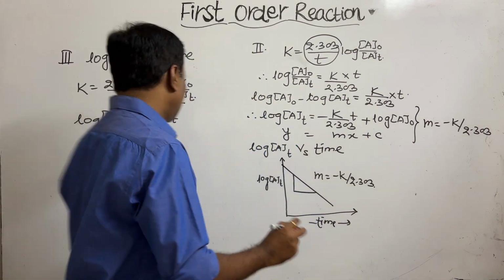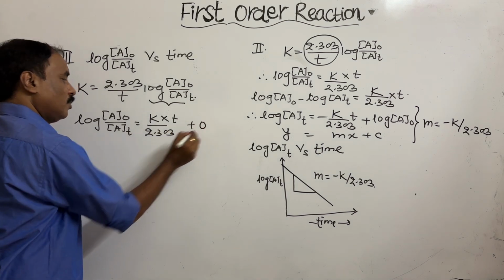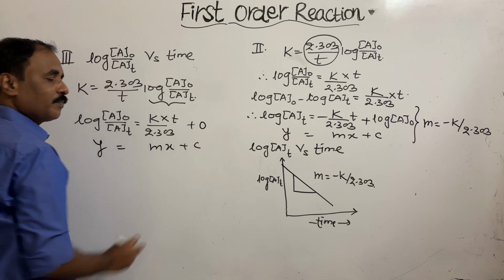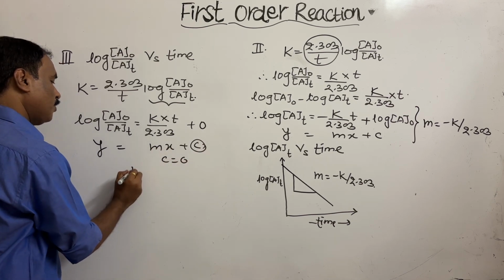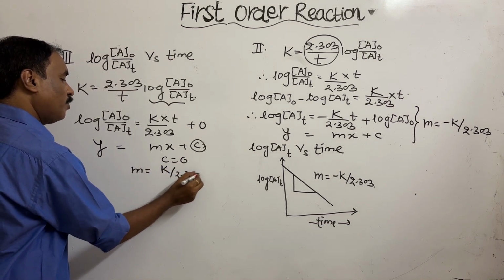Again, you can compare this equation with straight line equation y is equal to mx plus c. यहाँ पर c इंटरसेप्ट 0 है, यहाँ पर स्लोप m is equal to K upon 2.303, यहाँ पर स्लोप पॉजिटिव